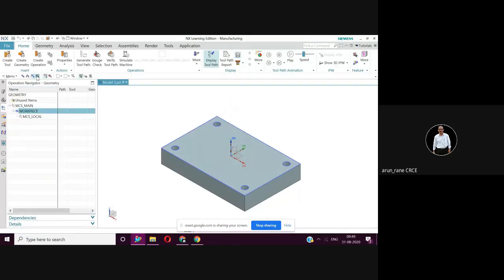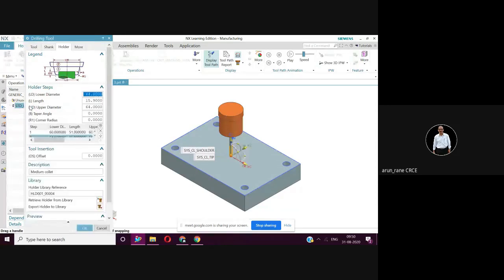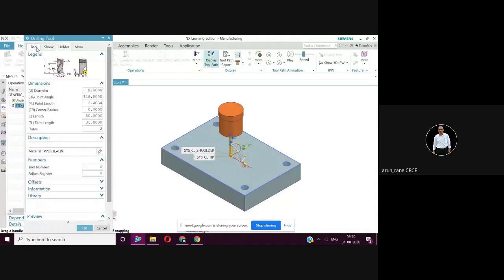If you want to see the tool again, if you want to do editing, you can. Double click here, and if you want to make any changes, you can. Now here there is one mistake. Can you tell me, Soham? Are you there, Soham? Yes, sir.